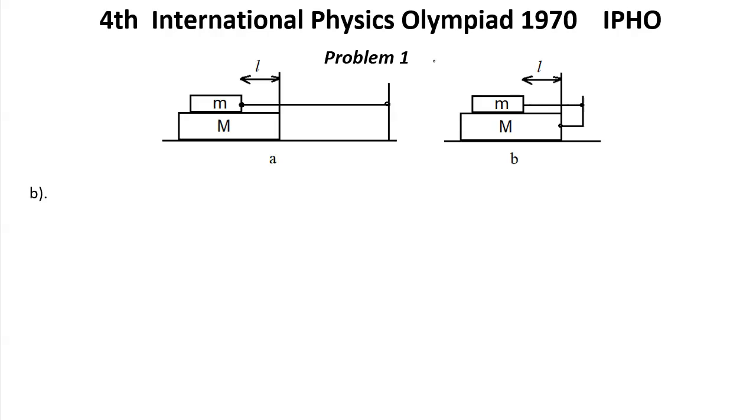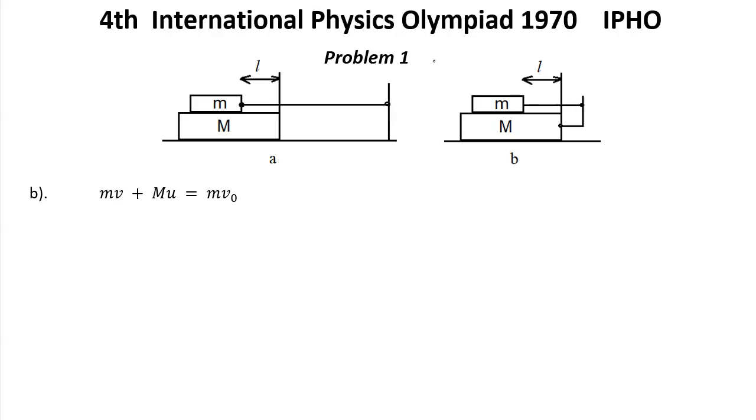Since there is no friction between the bar and the table surface, the system of the bodies, bar and carriage, is a closed one. For this system, one can apply the law of conservation of momentum. We have small m v plus big M u equal to m v0, where v and u are projections of the velocities of the carriage and the bar relative to the table onto the horizontal axis directed along the vector